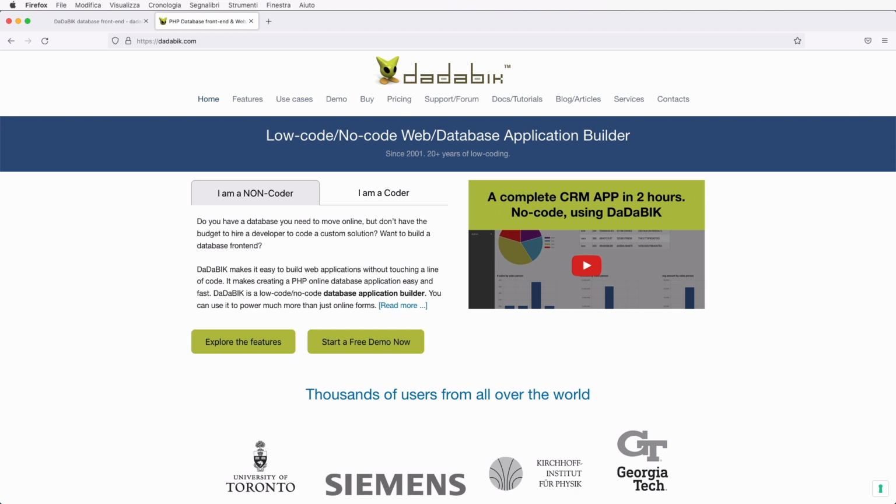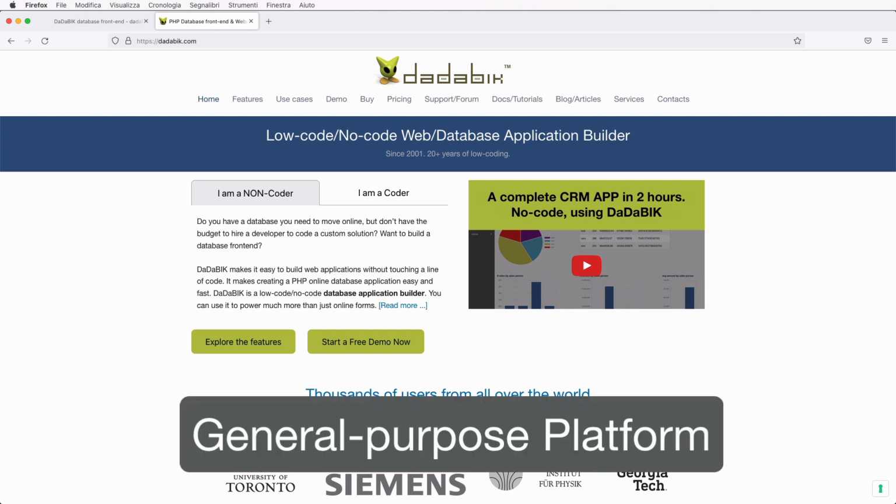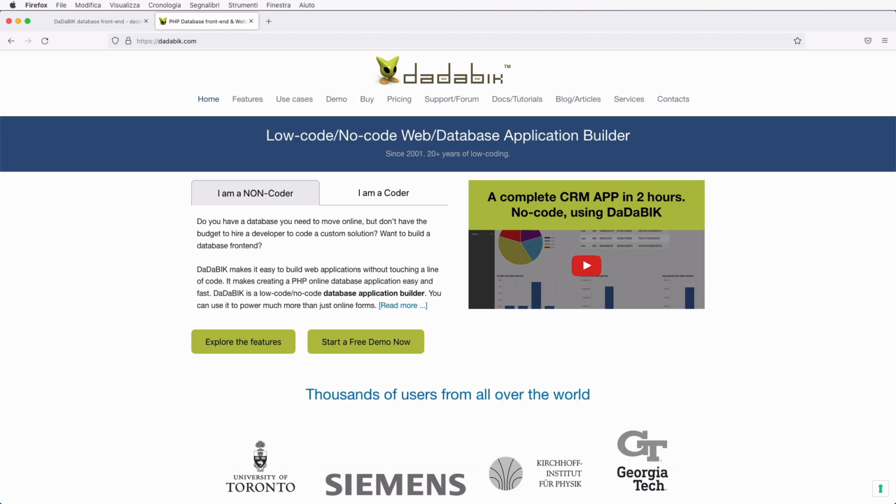As usual, I want to point out that DaDaBIK is a general-purpose platform. This Helpdesk application is just one example of application you can create with DaDaBIK. In the previous tutorial, I created an inventory management system, for example. You can build a library management application, an ERP, or even a simple contact form. As I always say, anything that is based on data and uses forms, reports, and charts is a very good